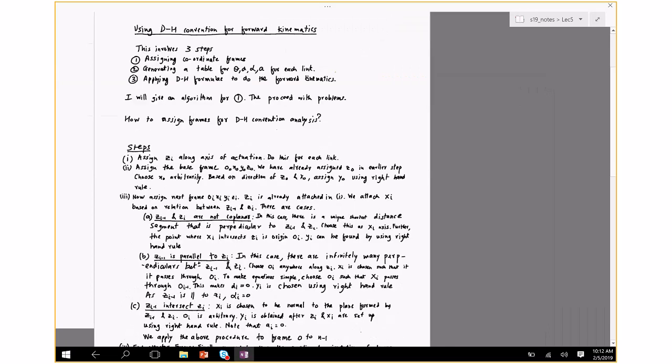Copy pasted it here. Essentially, you'll be given a manipulator and you'll be told there's one rotation joint this way, there's another rotation joint this way, there's another rotation joint this way, so 3 links. How do you describe the kinematics of this? So it's called forward kinematics because in forward kinematics you describe the angles of the joints and then you're able to describe the complete